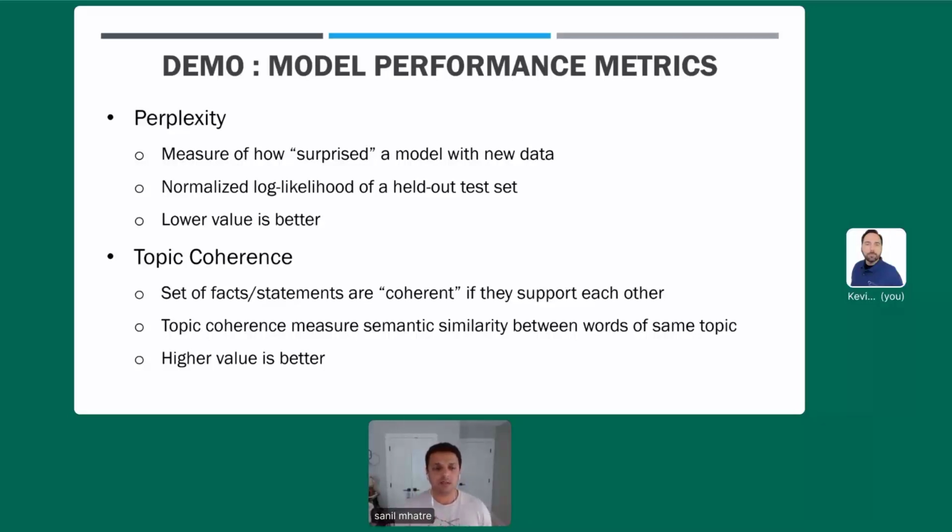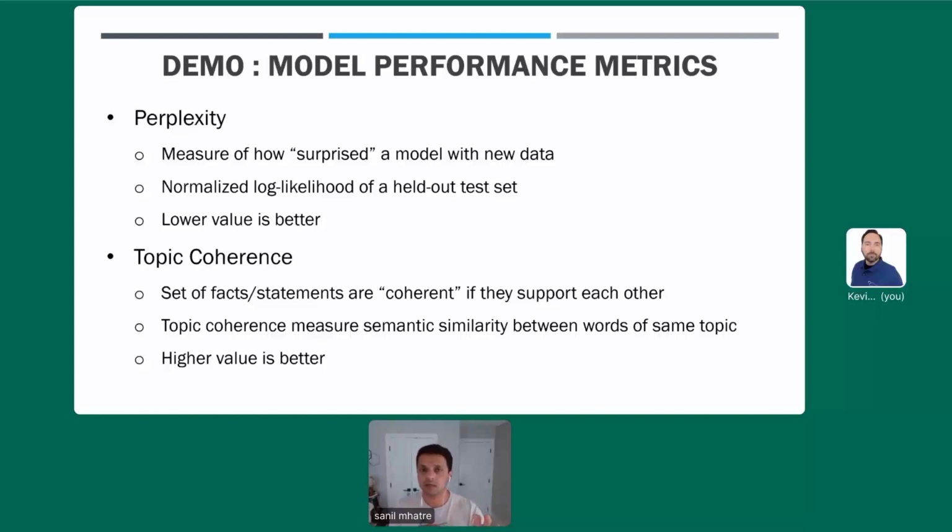The next metric is called topic coherence. The definition of the word coherent comes to mind over here. A set of facts, a set of statements are said to be coherent if they support each other. On similar lines, the metric topic coherence measures the semantic similarity between the various words that form the same topic. So we talked about the fact that a topic is simply a collection of words.